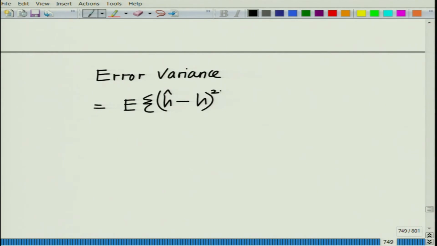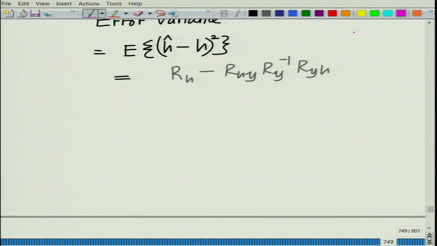It is simply a variance, because this is a scalar quantity, for which we already know the expression, that is R h, R h minus R h y into R y inverse into R y h, which if you look at this, this is